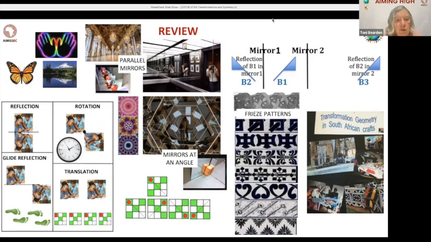and seeing the difference between patterns where they do some shading that doesn't make it symmetric, and patterns where they do some shading that does make a symmetric pattern. But then, as Caroline so rightly says, it's very much a low entry point, high ceiling. So it's very good for differentiation. Everybody can have some success, and the way in which you ask questions as a teacher